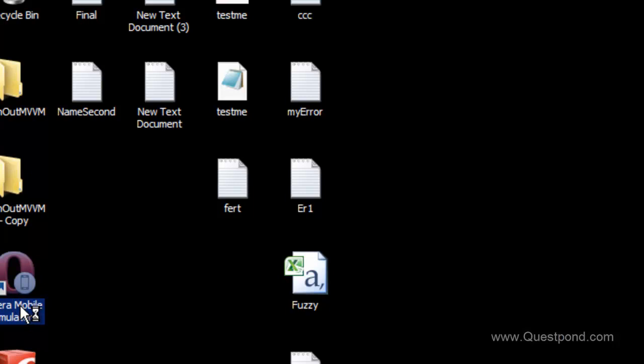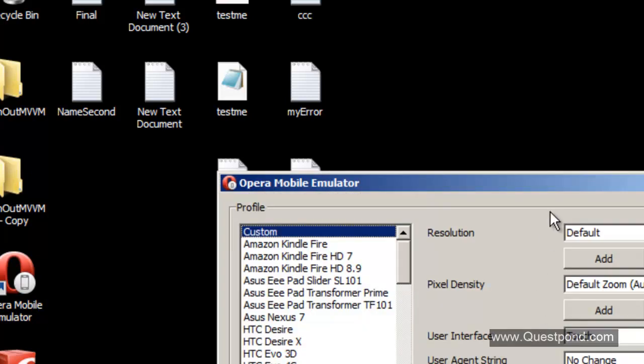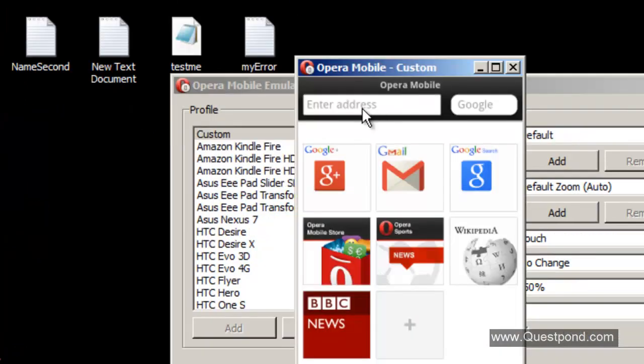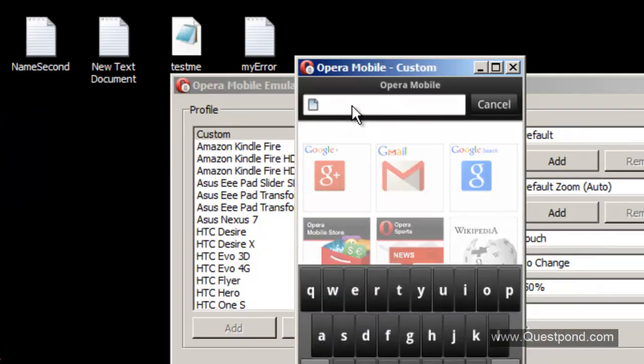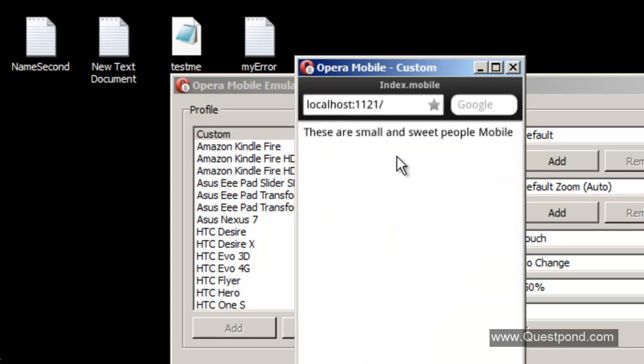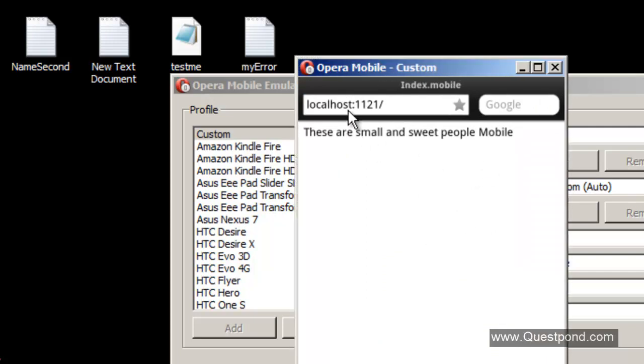So I'll go to this Opera mobile emulator here, and let me try to simulate as if the request is coming from a mobile. So you can see here I've started this emulator. I'll say launch. I'll go to my URL of the emulator and say enter. Now you can see here automatically the display mode has detected that this request is coming from a mobile, and it has displayed